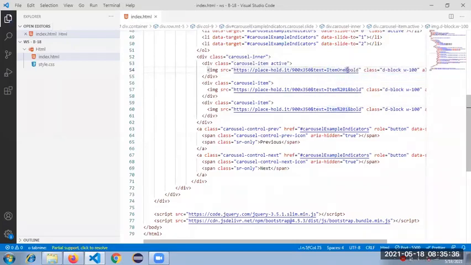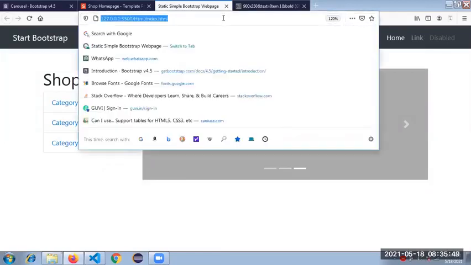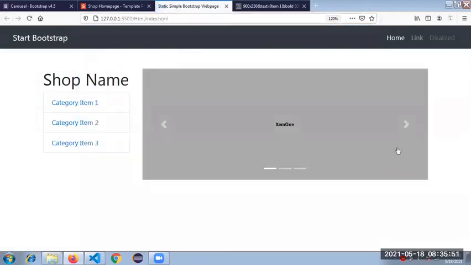Text equal to item 1. Okay, yeah, I'm getting the text. Okay, fine.